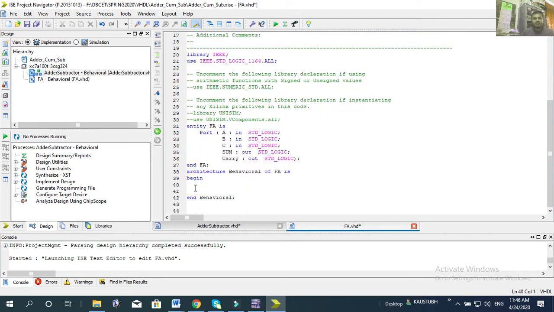Okay, full adder part. The architecture begins here, within which I am defining one process. The process is of A, B and C. Okay, the process begins here. Then what you need to do is a simple behavioral modeling of this full adder. Sum is assigned with A XOR B XOR C. Then your carry is assigned with your A and B